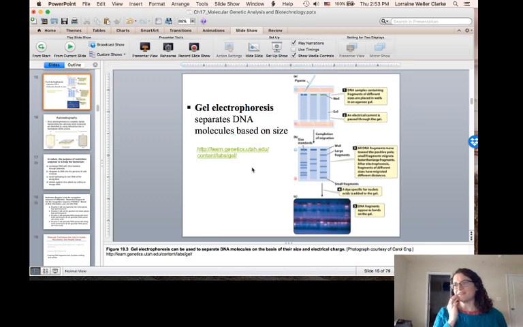Our focus is not really to learn how gel electrophoresis works. We don't have to actually do that. We don't have that part in our lab. So instead,